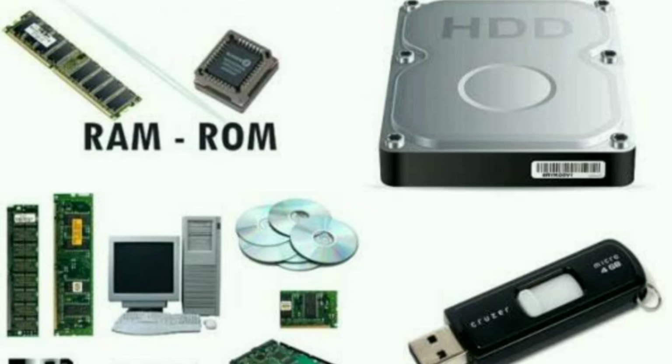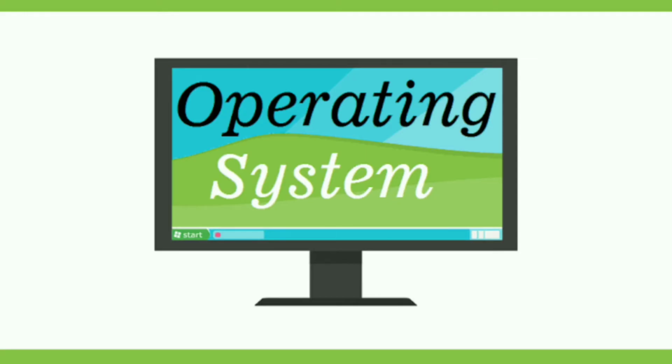And the next thing we're going to learn about is the operating system. See, before you use a computer, you need a particular software so that you can make use of all the facilities provided by that software. So that is called an operating system. You can say that this software is mainly responsible for running a computer. Yes, and it also acts as a bridge between the user and the computer hardware.